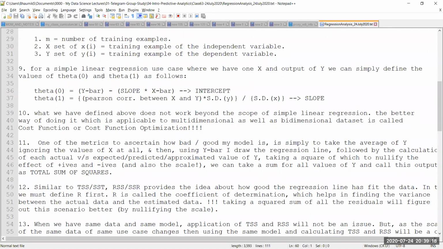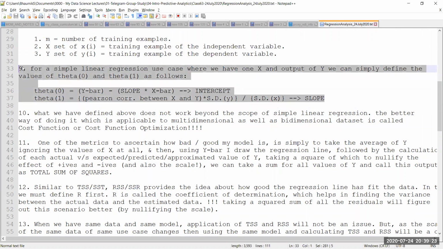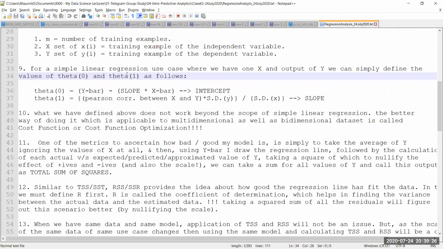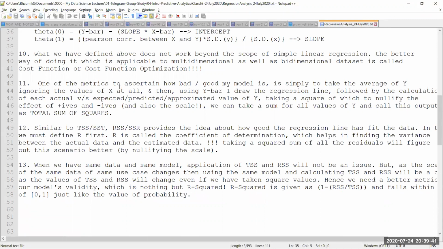Because we understood a problem with the case of simple linear regression, where it is quite easy for us to calculate the slope and the intercept mathematically, they being based on the angle or the inclination of that line and the points with which we have created the line. But that's not going to work for cases with multidimensional data. So we started looking into things like total sum of squares, otherwise known as sum of squares of totals, and RSS or the residual sum of squares.